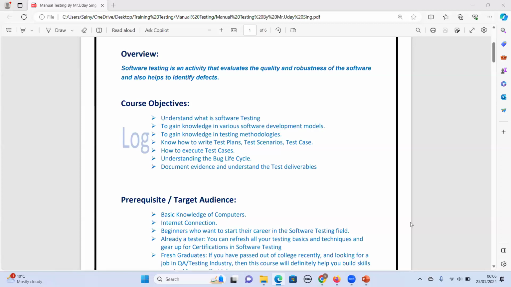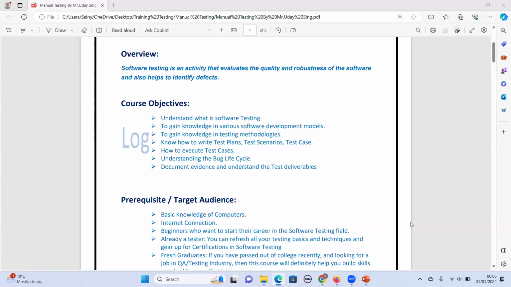When we say document evidence and understanding the test deliverables, it means that before the project starts, we agree with the client on what the test deliverables are. I'll give you one example.